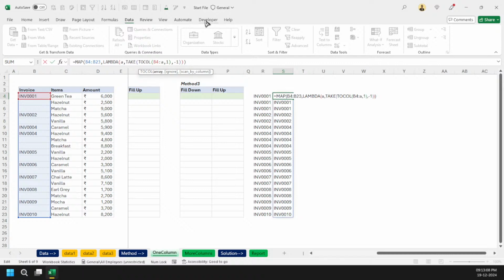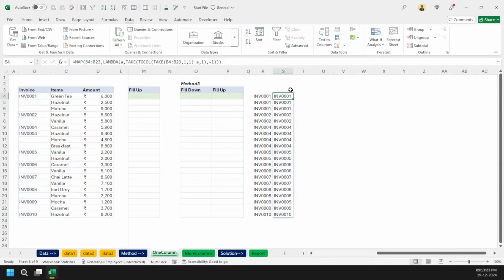So what we can do is the TAKE function also gives me a reference. I'm going to go for the TAKE function, select this whole range, and then select just the first row, first column, and that's it. The moment I do that, it gives me the same answer with no problem, because the TAKE function will take the first cell, and I am going to reference it and loop it again and again. So it will reference the first cell only, that is B4.